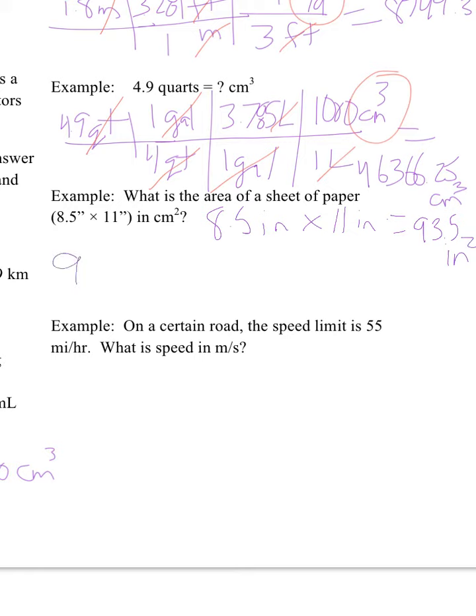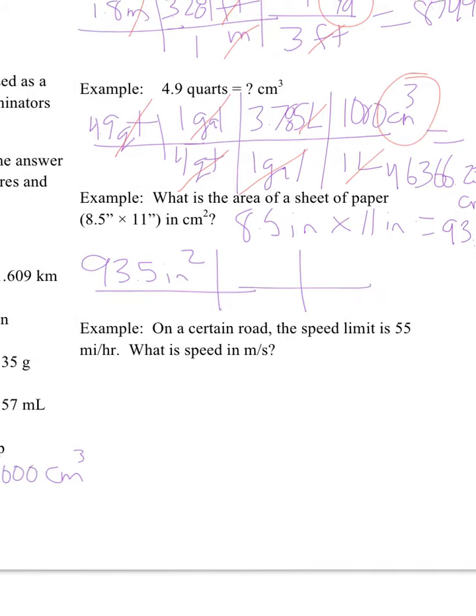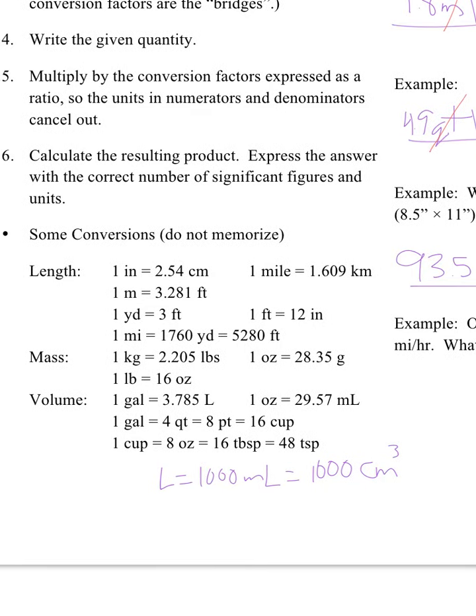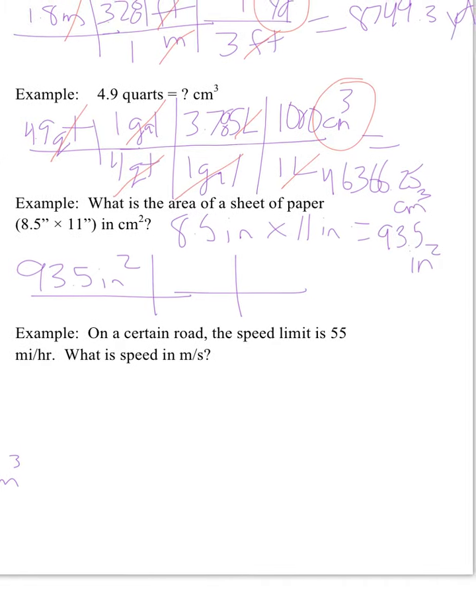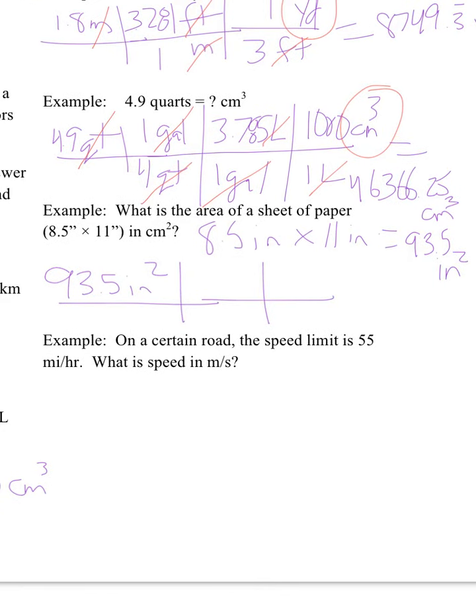So I'm going to take 93.5 square inches. And then, if you remember from the tutorial, I need the relationship between inches and centimeters, which is right here. There are 2.54 centimeters in 1 inch, so that's going to be my relationship. So coming back over here, I just need to do this twice. 1 inch is 2.54 centimeters, and 1 inch is